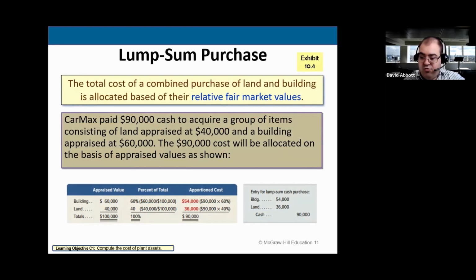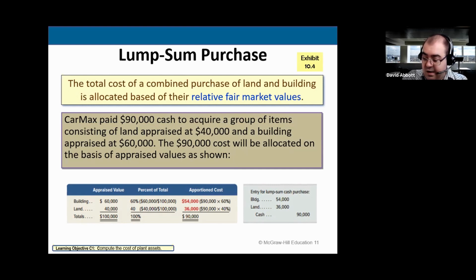Okay, lump sum purchase. Plant assets sometimes are purchased as a group in a single transaction for a lump sum price. This transaction is called a lump sum purchase, or group, bulk, or basket purchase. We allocate the cost to the assets acquired based on their relative market or appraised values, which can be estimated by appraisal or by using the tax-assessed valuations